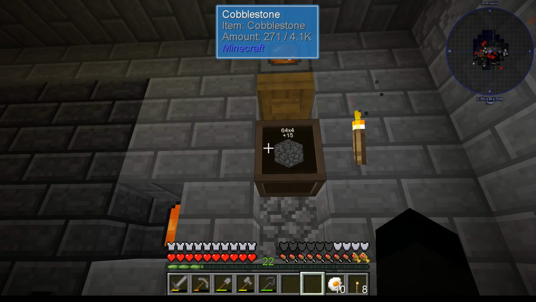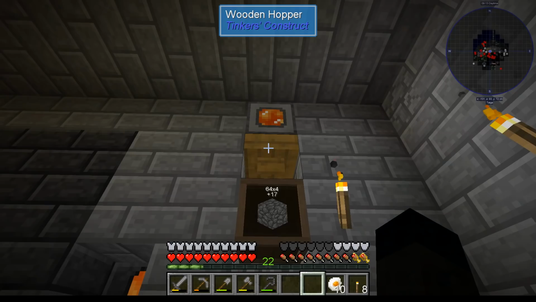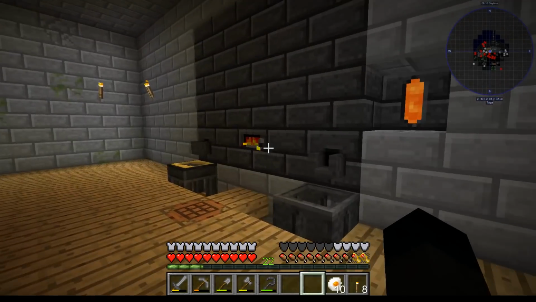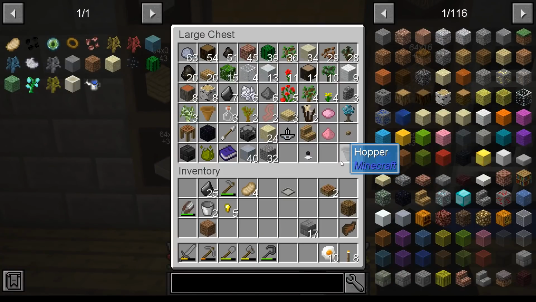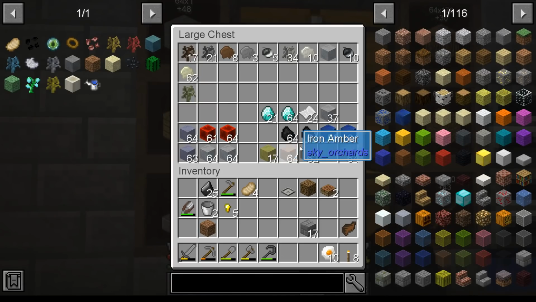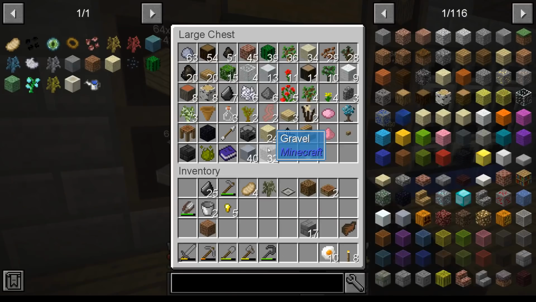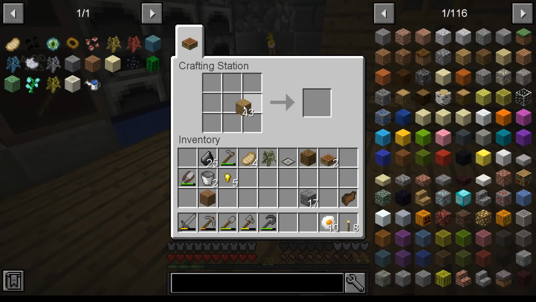You can never have enough cobble, can you? Just a wooden hopper doing the trick. It doesn't really need to be anything fancier than that, and that will do, I think. Now I've got a hopper, which is good because that gives me a hopper and a bonsai, which gives me a hopping bonsai. I've got some mulch. We did do the nickel sapling, which means that I can go and make a couple of chests